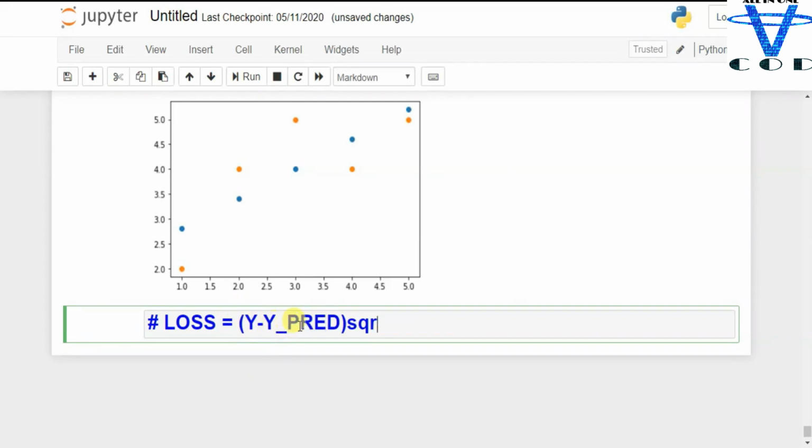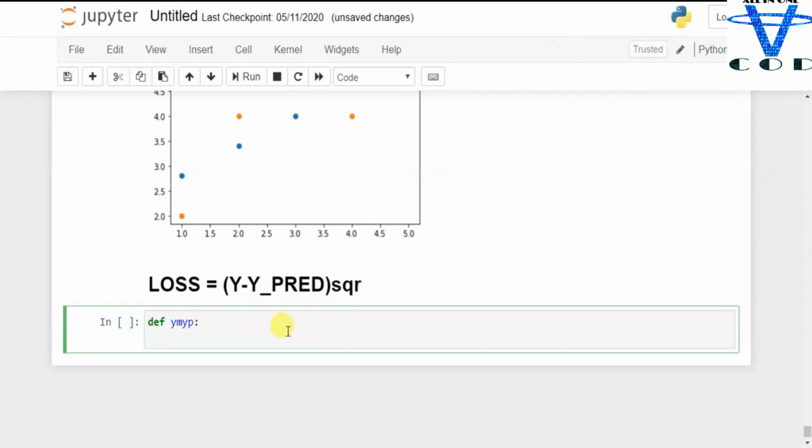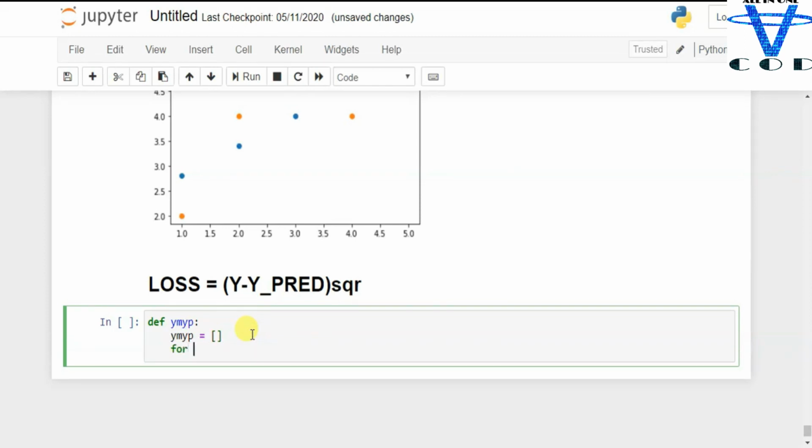Let's define the function ym_yp, y minus y predicted. So first, obviously, ym_yp equal to an empty list, and I'm gonna take a for loop, for i in y, ym_yp.append.